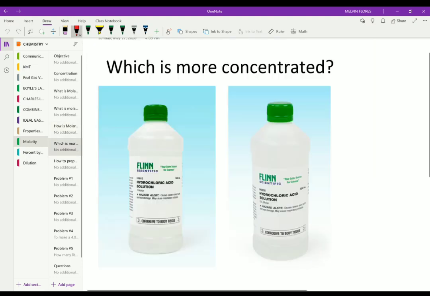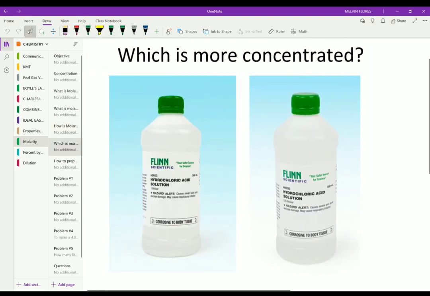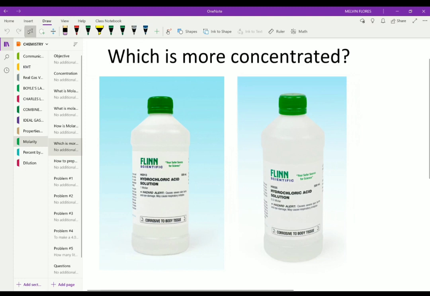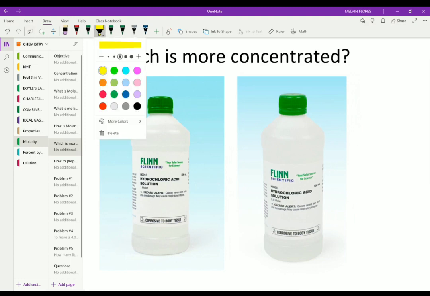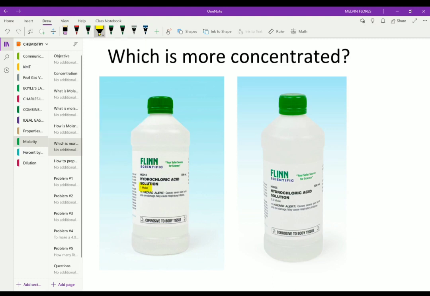So let's take, for example, this one right here. So which is more concentrated among these two? We have here 1 molarity solution. So we have 1 molar right here. And then we have 0.5 molar solution of hydrochloric acid, HCl. So which is more concentrated? Of course, the 1 molar is more concentrated than the 0.5 molar solution, because in 1 molar we have 1